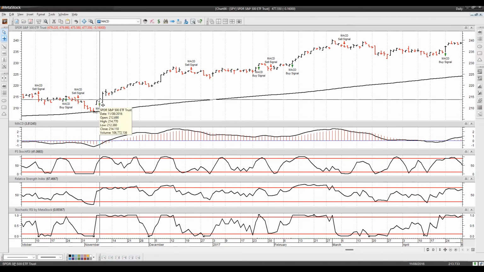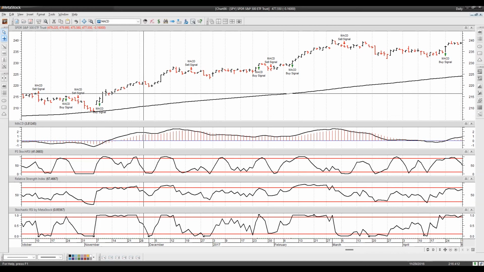The macro picture looks good. The spiders are always in an uptrend most of the time, at least for the last 10 years. Now look at it go. Bang, bang, bang, bang, bang, bang. Okay, maybe you sold and took some of the position, then it went lower. You re-entered the position,